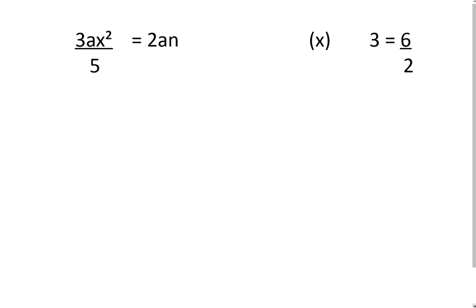So let's take some examples. If you have 3ax squared divided by 5 equals 2an, you can tell it looks very much like 6 divided by 2 equals 3. So we just cross multiply. So you've got 3ax squared equals 5 times 2 is 10an. Now we can talk about rescuing the x. What was done to the x? It's been squared and multiplied by 3a. So we go backwards and we divide by 3a and square root it. So we're going to divide by 3a. So the 3a disappears there, and we've got x squared equals 10an